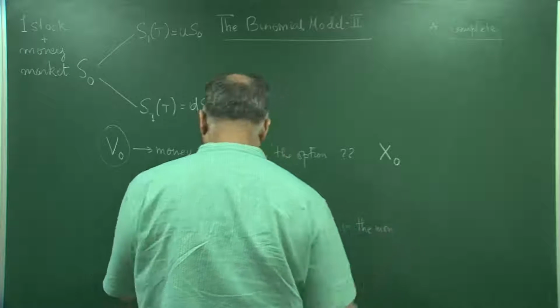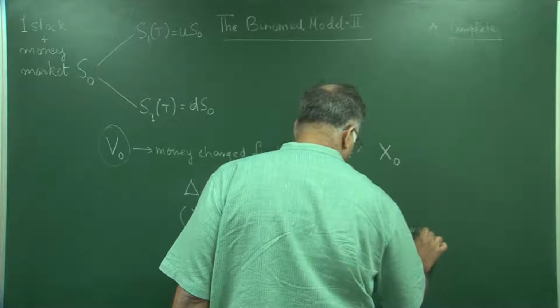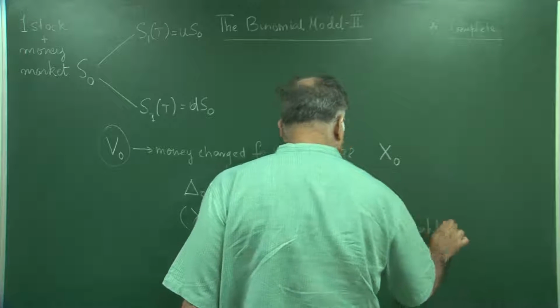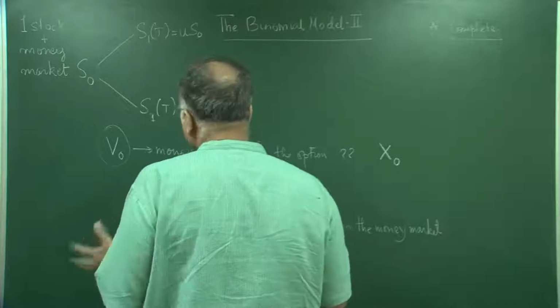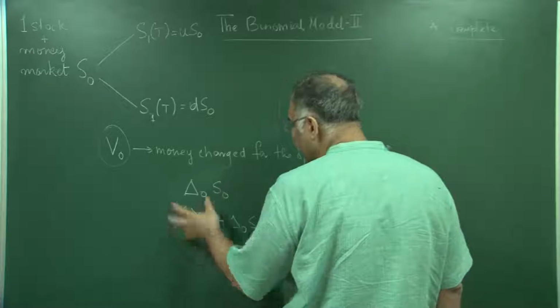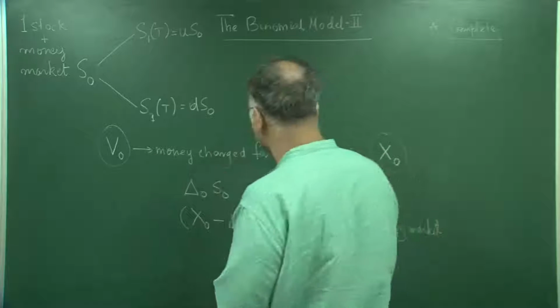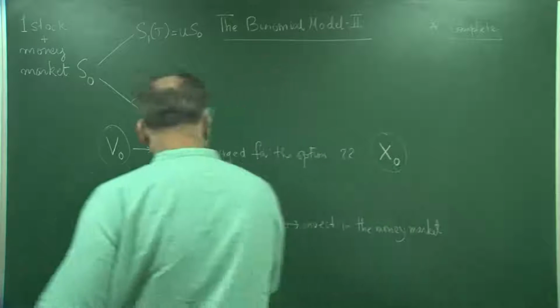It does not matter, you can write V naught also. I am writing x naught because x naught could be any amount of wealth. At the end we will put V naught equal to x naught, but here I just want to show that if you start with any wealth x naught at time t equal to 0, this is what you do,